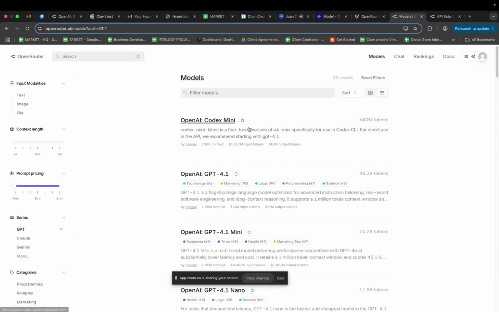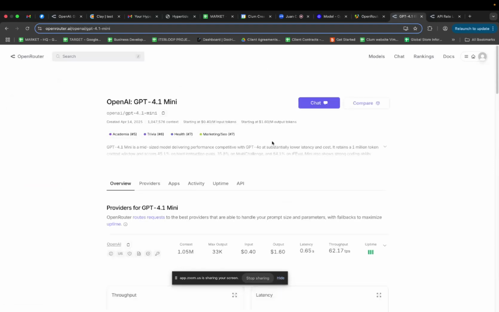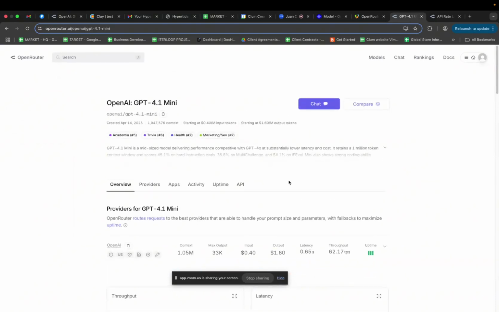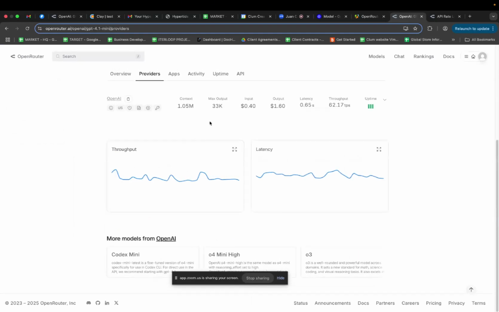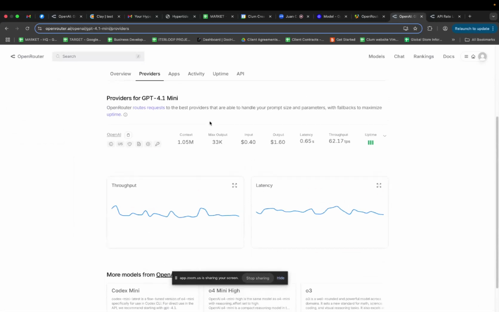It doesn't matter which one, and click in there. See where this says providers? Scroll down. This one they're only using OpenAI directly, but they keep track of things like